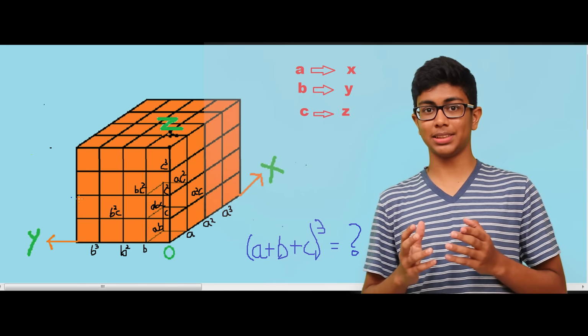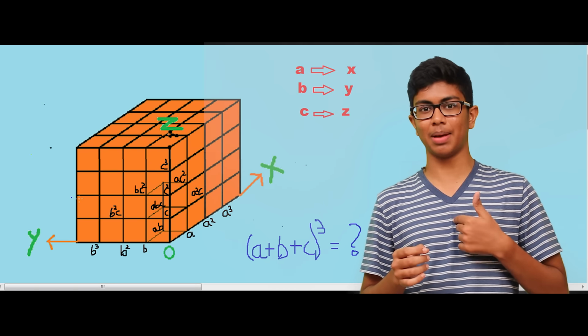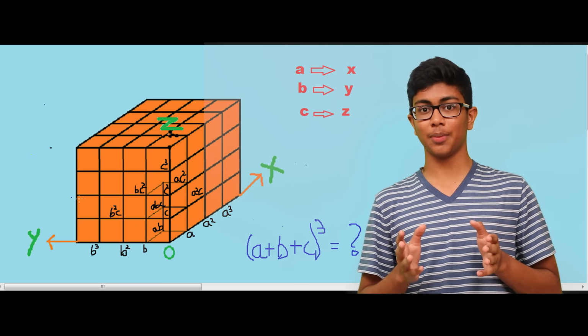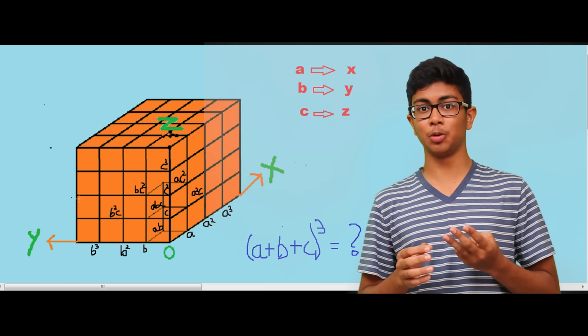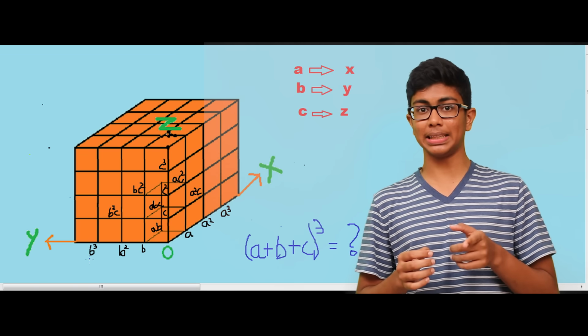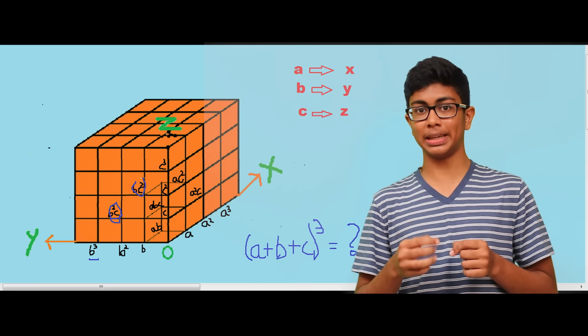Let's now find the expansion of (A plus B plus C) the whole cube, just to convince you that my method is easier. That is, find all the paths that you can take if you have 3 moves, with each move being either A or B or C. First, we find all the points that you can reach in 3 moves, that is, all the points which have a code of degree 3. Next, we find the number of paths to each point, but wait, we already know that.